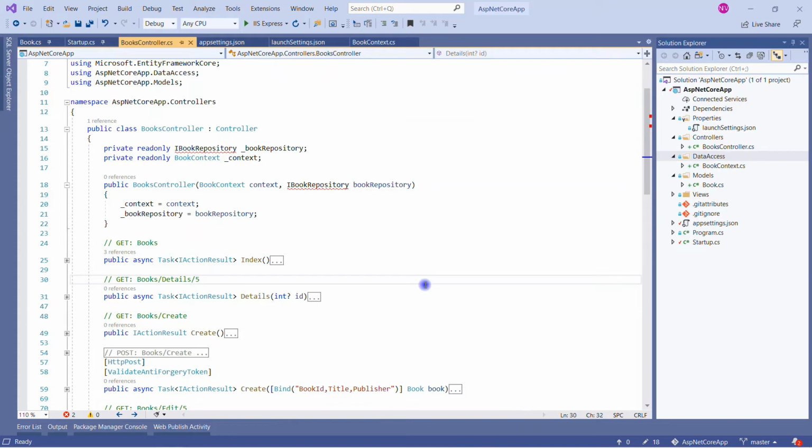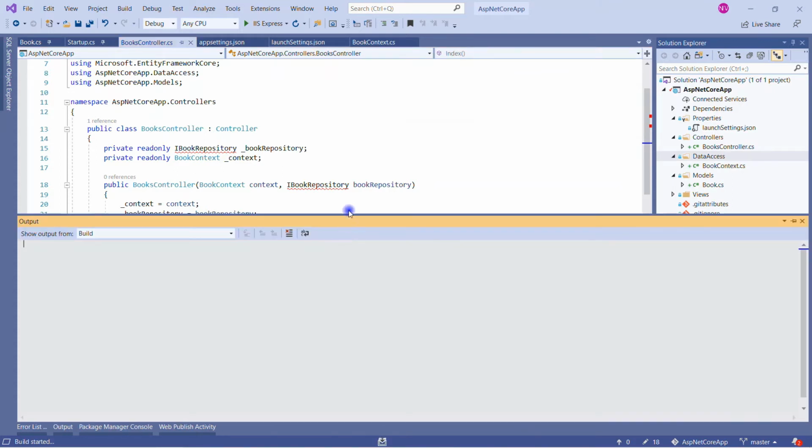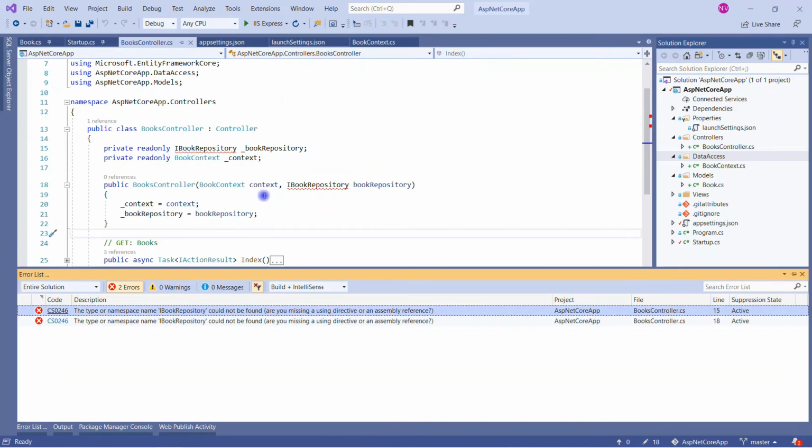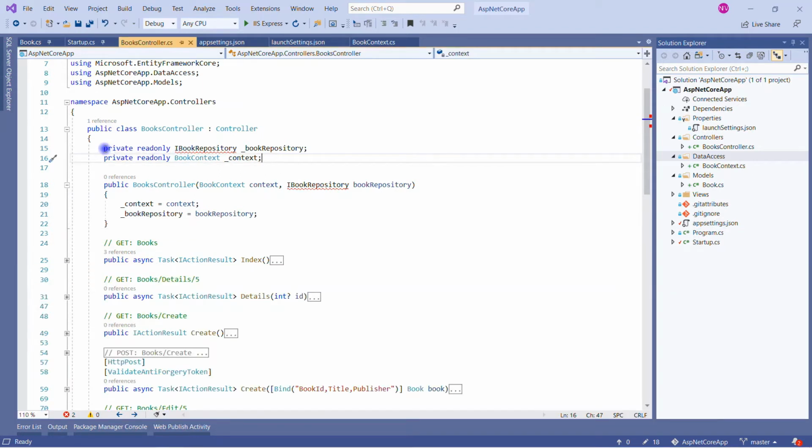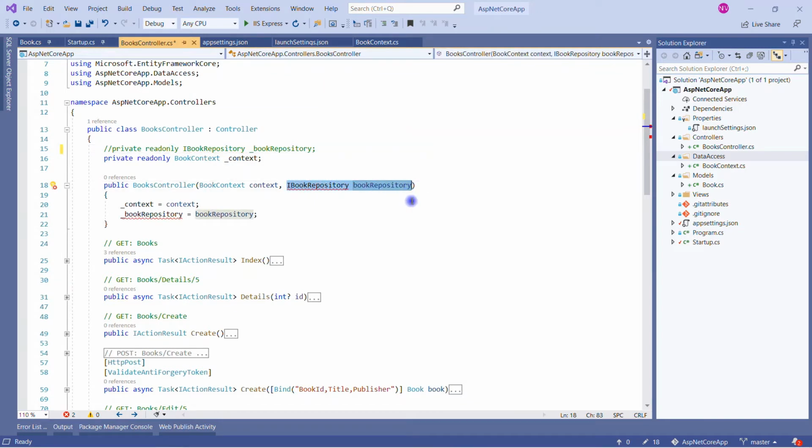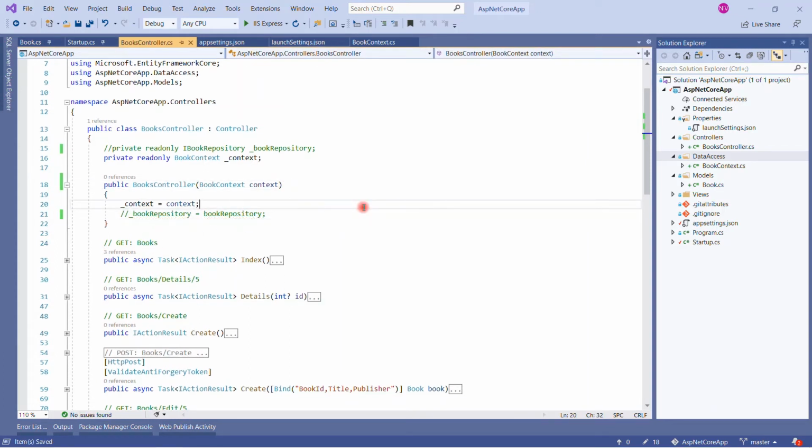Now if I try to build this application, we will get the error. Let me show you. If I am building this one, it will say IBookRepository, that I want to create for the dependency injection session, so I will create later. So right now let me comment this one. Okay, and let me remove the reference of this book repository for the time being from here. Okay, let me comment this one as well, and Control Shift B.